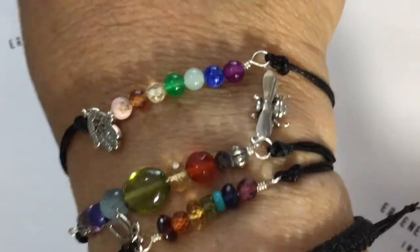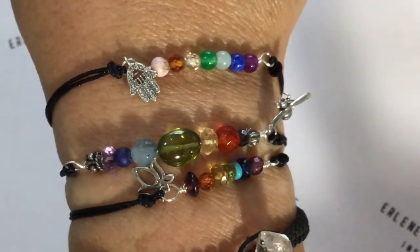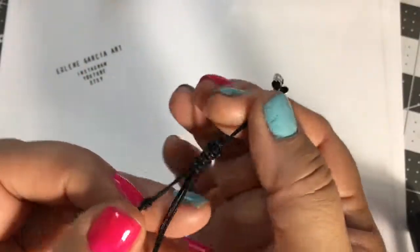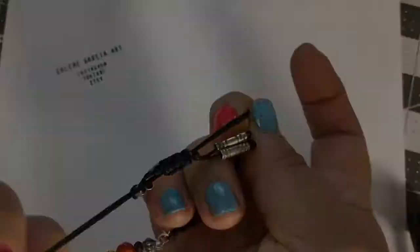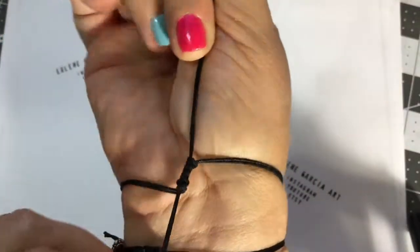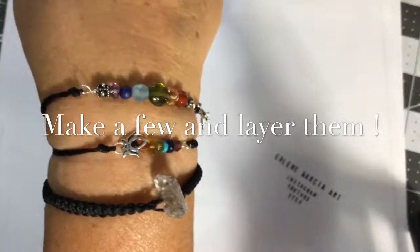I designed this very simple and elegant chakra bracelet with a hamsa, 1mm black cord, and 7 semi-precious stones. I also added square knots for easy on and off. This was so much fun to make that I made myself 2 of them, and I also made several to sell in my Etsy store, and I was so happy with the outcome that I wanted to teach you guys